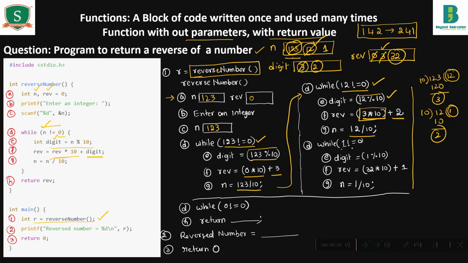While n is not equal to 0. Condition is true. Digit is equal to 1 modulo 10. When you divide 1 by 10, the remainder will be 1. Quotient will be 0. Digit value is updated to 1. If you observe here, reverse is equal to reverse multiplied by 10. Currently reverse value is 32. 32 multiplied by 10, 320 plus 1, that is the digit, that is 321. Reverse value is updated to